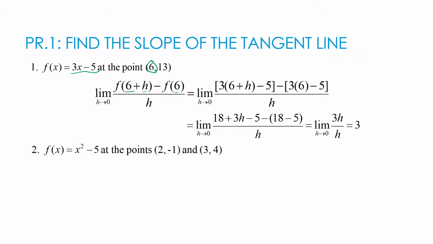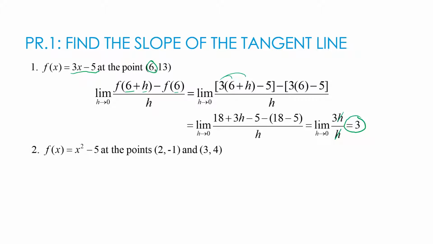So I'm using 3x minus 5. I start distributing, combining like terms, etc. Of course, I didn't show quite as much work because I was trying to make it fit on half of a page. But when I get to the end, I should end up with 3h over h, which of course cancels, which means my limit is 3,